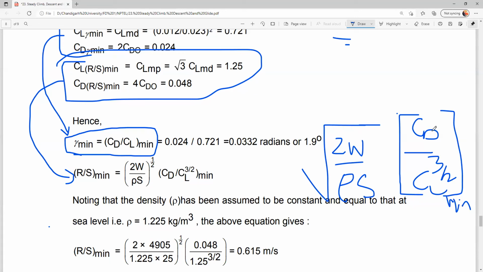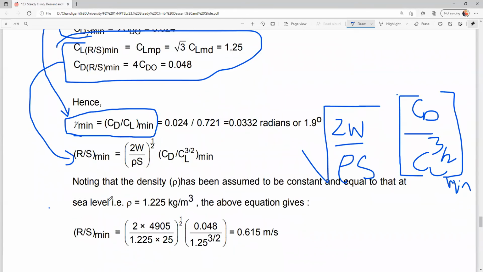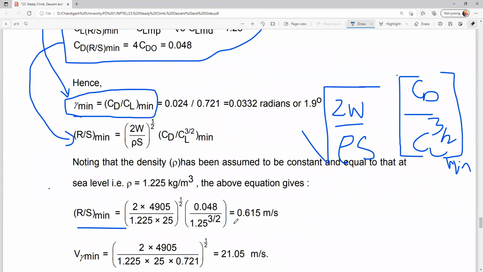CL power 3/2 by CD, at minimum. So substitute these values, CL and CD, for the rate of minimum sink. So we will get R by S minimum as 0.651 meter per second. So what does this value indicate? R by S minimum indicates,